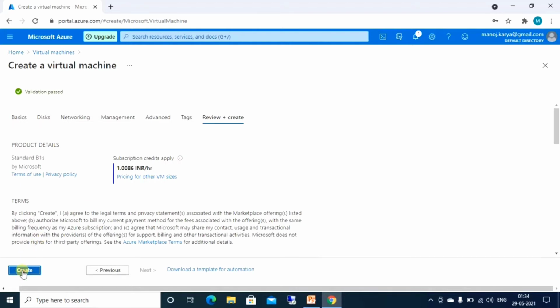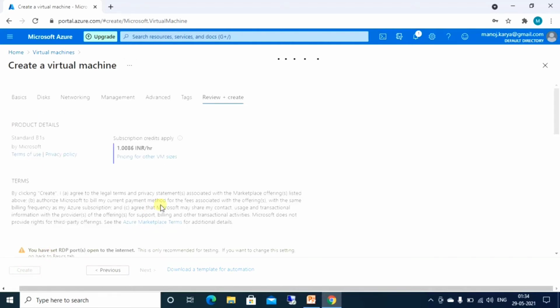Let me click on create. You can see from the notification that the deployment has been submitted.